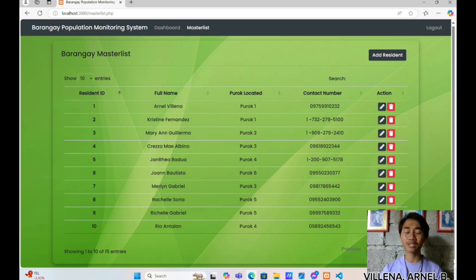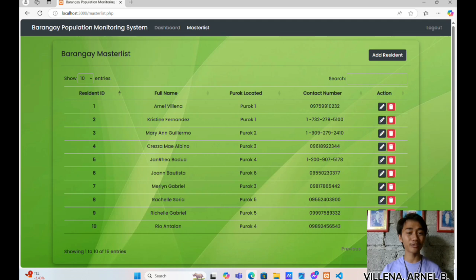Each row represents a resident with columns for critical details such as resident number, full name, purok location, and contact number. The search bar allows users to quickly find specific records by typing a resident's name or ID. This feature saves time, especially when managing a large number of records.